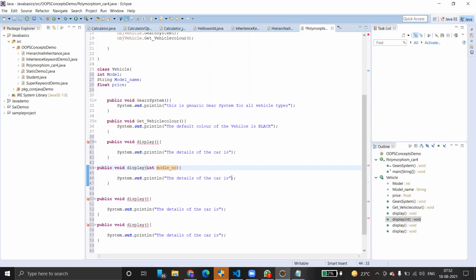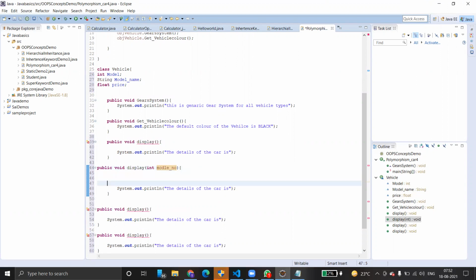Model equals model underscore number, or model is plus number.